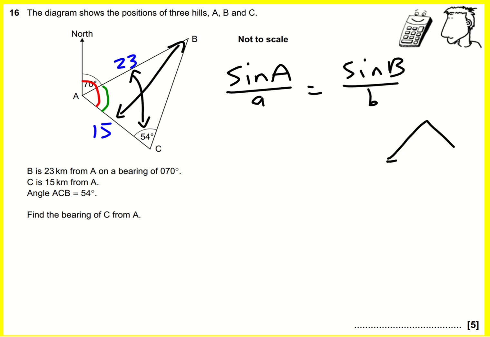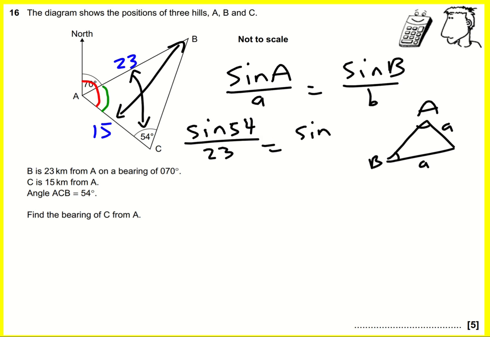Just to remind you that capital A is opposite the little a, and capital B is opposite the little b. So I can write down that sine of 54 degrees divided by 23 is equal to sine B divided by 15,